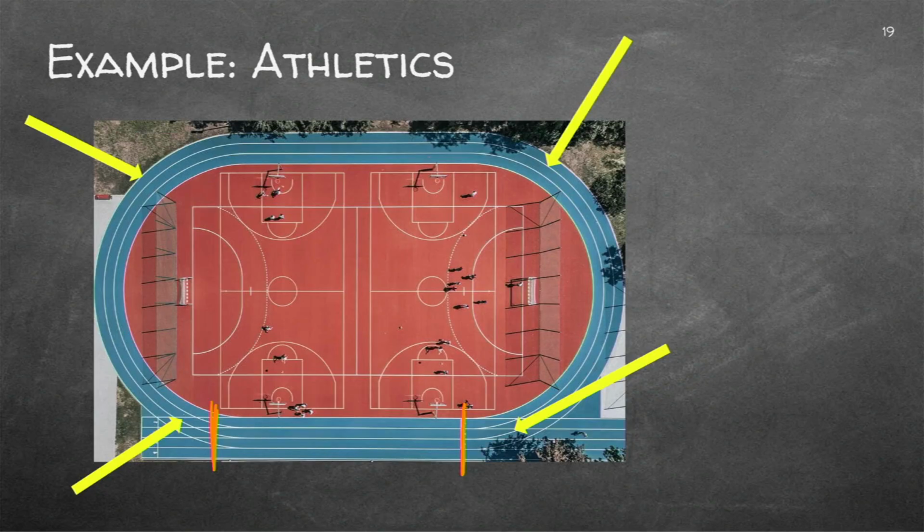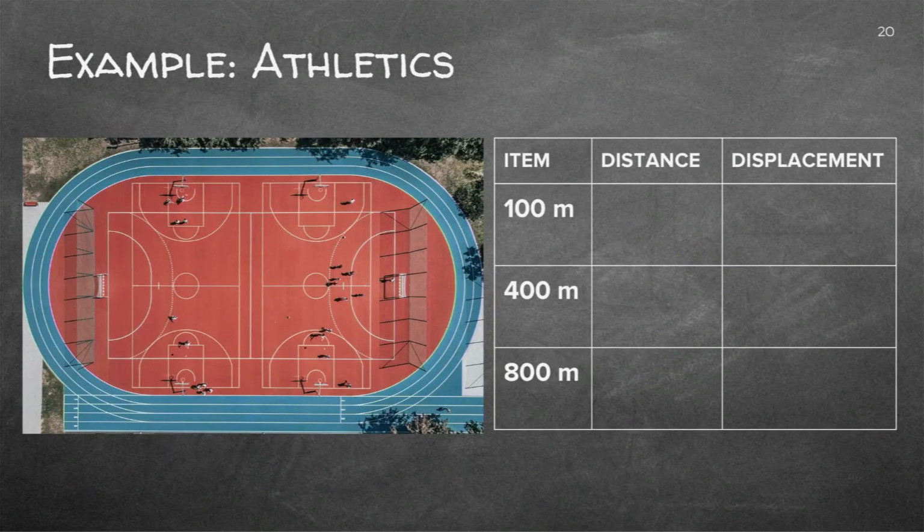I've broken this track up into 400 meters, so you can see the 100 meters that is run around the track. So let's do the physics. What is the distance that an athlete covers with 100 meters? Distance, scalar, so it will be from that point there to that point there. You know it's going to be 100 meters. What will the distance be for a 400 meter item? Well, they'll start here, they'll run around once, and it'll be 400 meters.